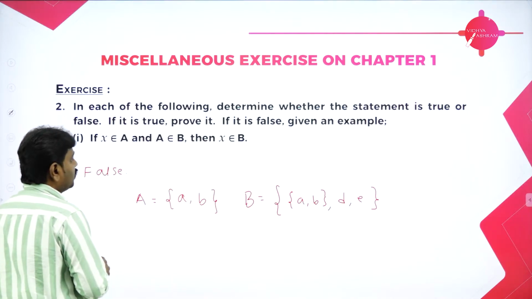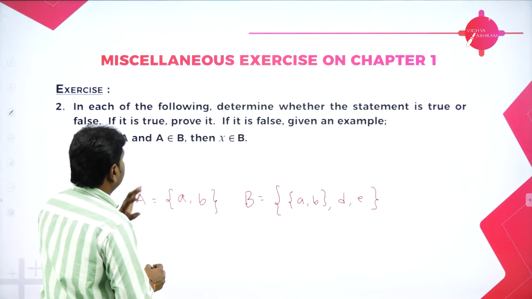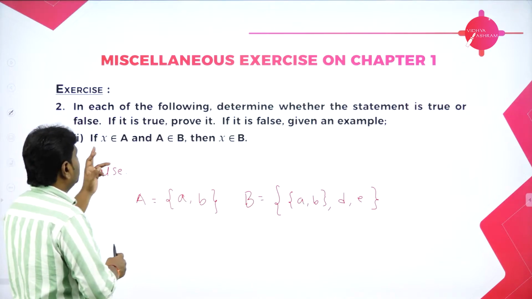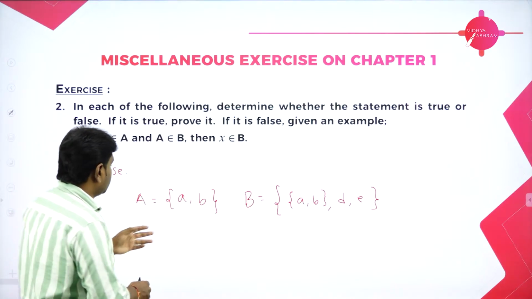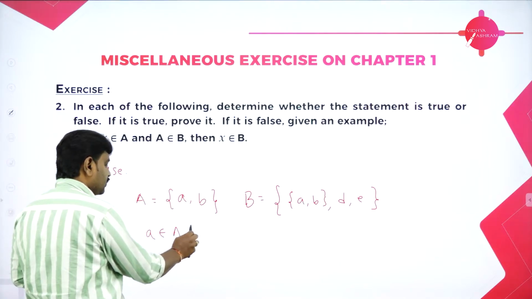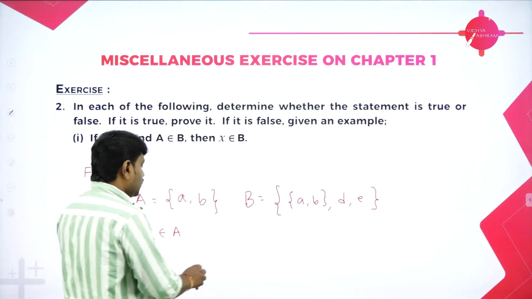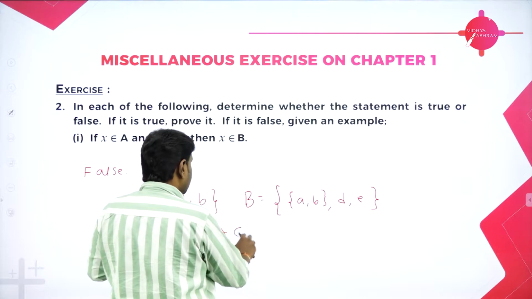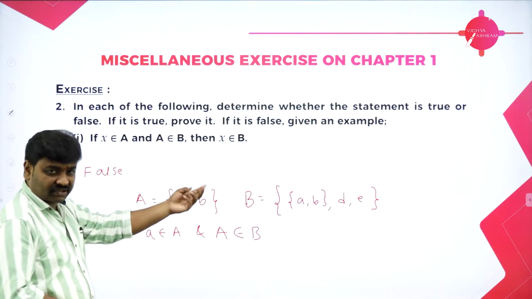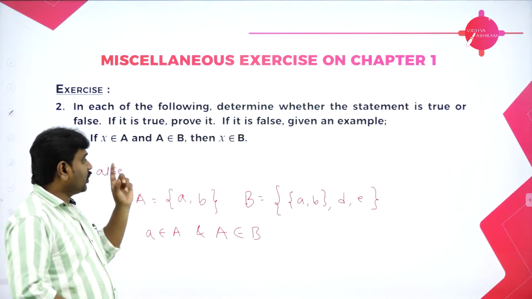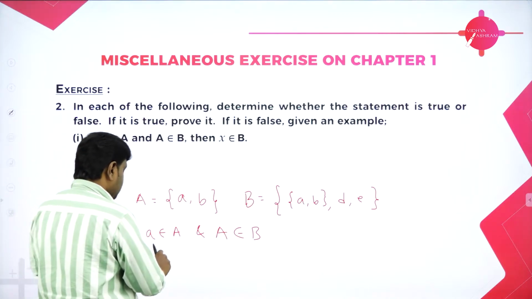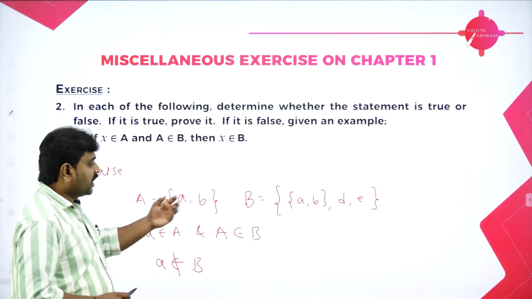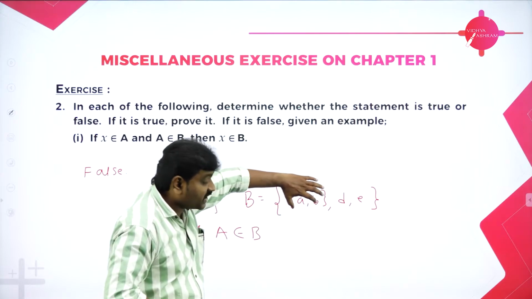Now here they told X is in A. X is in A means the element is in A, and here I can say a belongs to A. And also this set A is acting as an element in B. A belongs to B according to the context I have taken. But if you observe, X means a, this element a does not belong to what? B. So small a is not an element in B. So set {a, b} is an element.